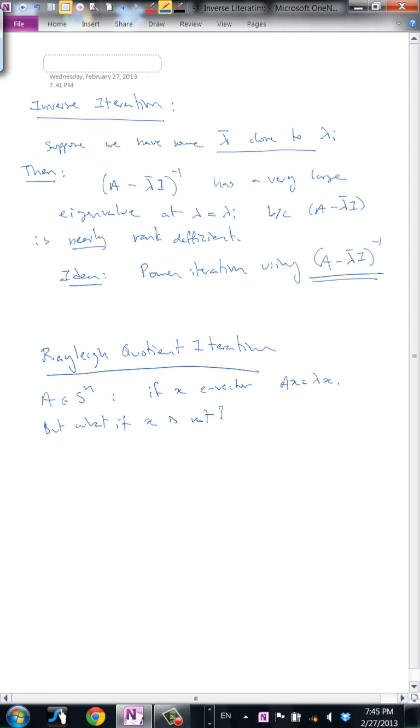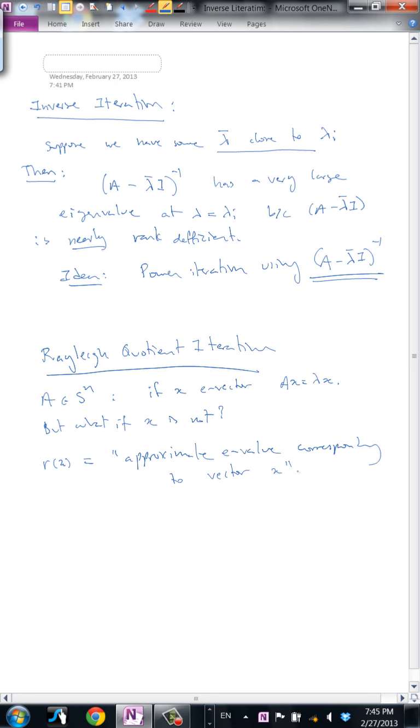Can we say that it corresponds to something like an approximate eigenvalue? This is exactly the notion of the Rayleigh quotient. So R of x is the approximate eigenvalue corresponding to any vector, not just an eigenvector